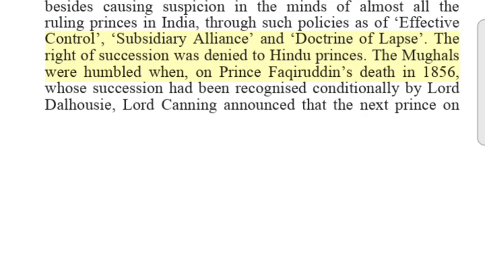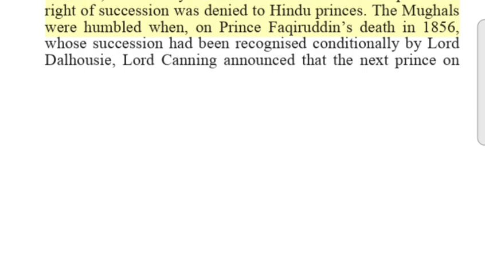The right of succession was denied to Hindu princes. The Mughals were humbled when, on Prince Fakhruddin's death in 1856, whose succession had been recognized conditionally by Lord Dalhousie, Lord Canning announced that the next prince on